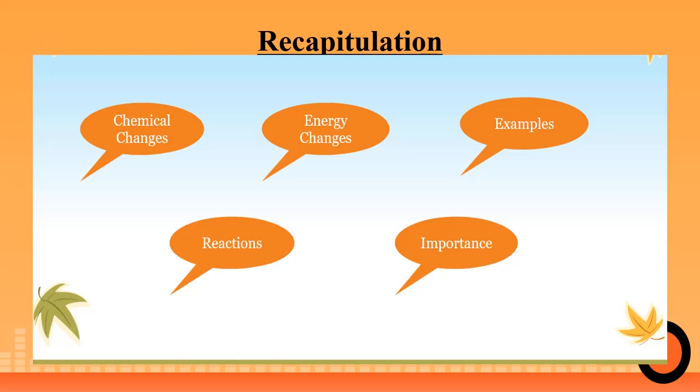My dear students, let's recap our previous lesson. In our previous lesson, we discussed in detail exothermic reactions, how chemical change takes place in exothermic reactions. As the name indicates, exo means outside and therm means heat. So those reactions in which heat is given out during the formation of any product or during any chemical reaction, that type of reaction is known as an exothermic reaction.